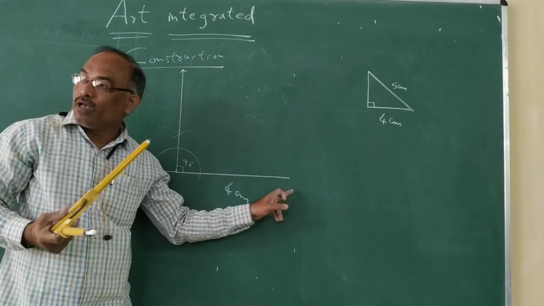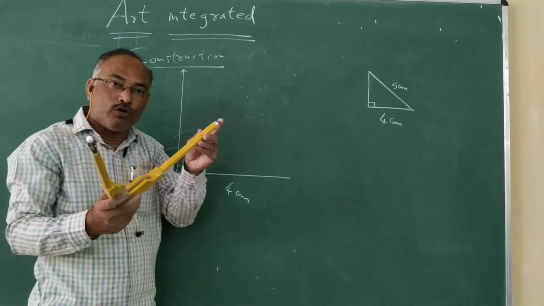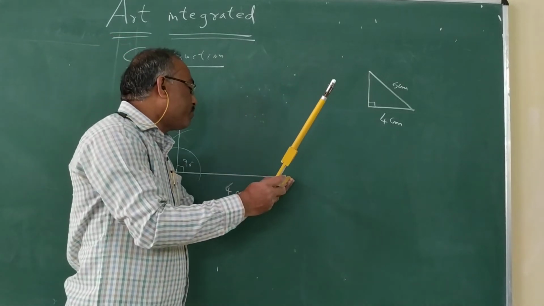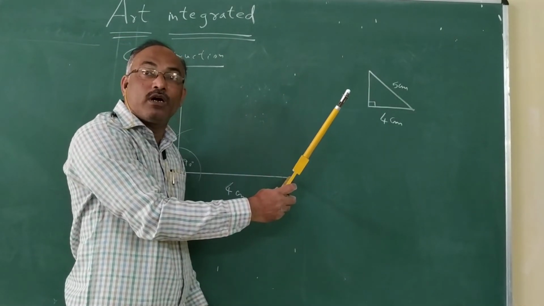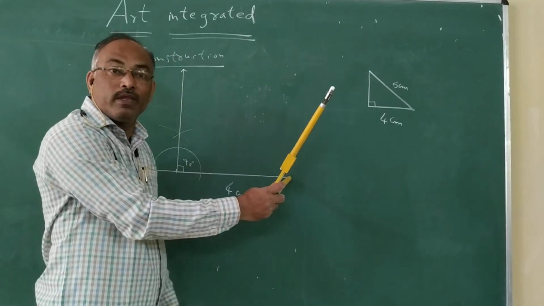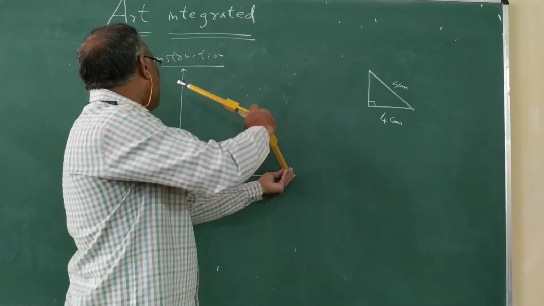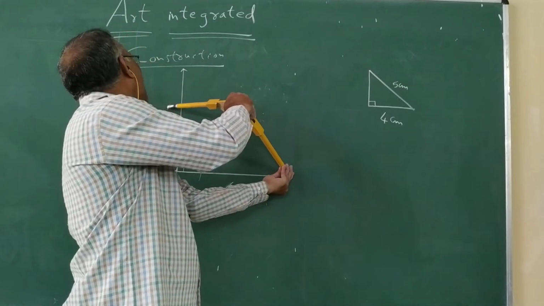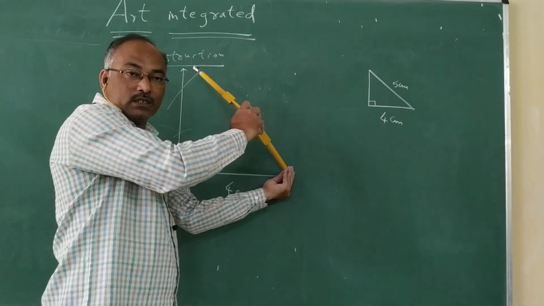At another end point of the segment. At one end point we have drawn 90 degrees. At the other end point we should keep the compass at a measure of how much? 5 centimeter, and try to draw the arc. Then the arc should cut the 90 degree ray. Yes. From that side 5 centimeter. Now place it and draw the arc of 5 centimeter. Yes. This is our third vertex.